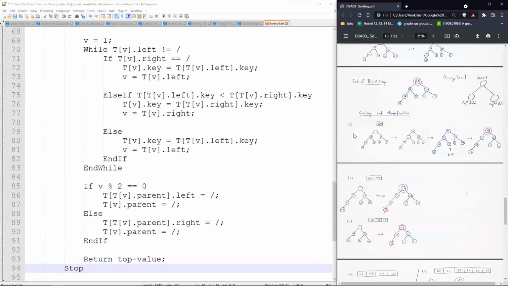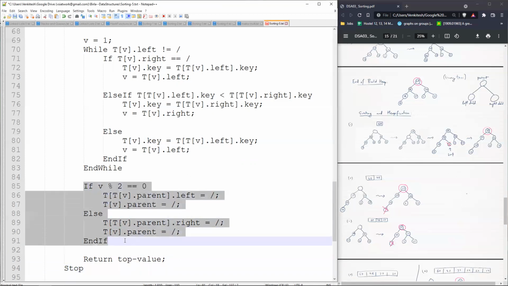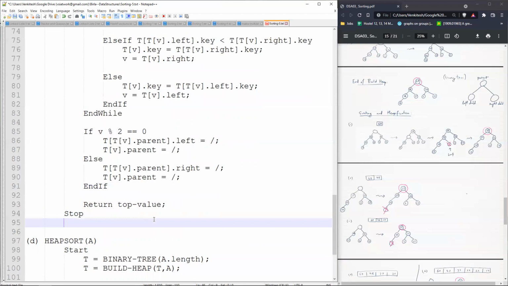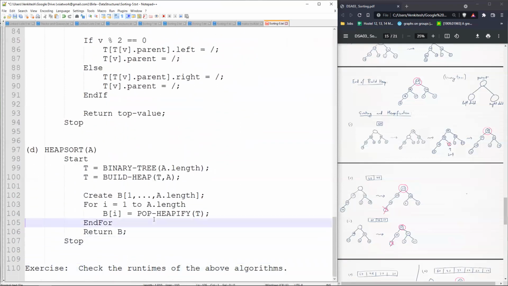For instance, in the diagram, if you see on the right hand side, we bubbled down, down, down, there was a leaf, we deleted it with this part of the algorithm. Okay, the leaf has been deleted and now it has been heapified, and now we are ready to repeat it. So pop heapify is complete once. Right, so that ends it. And then in the main heap sort algorithm, we just keep repeating this again and again and again to get each value bi, which we have already seen in the first part of this video.